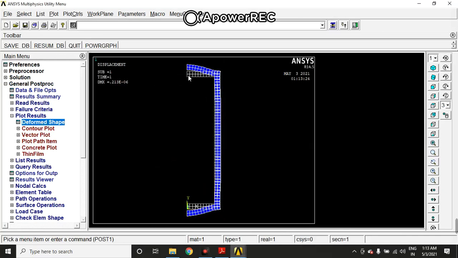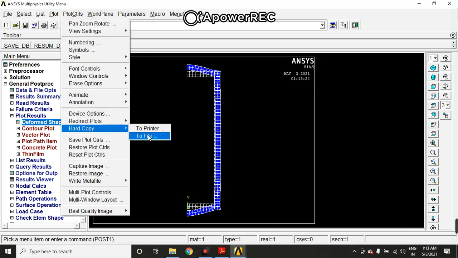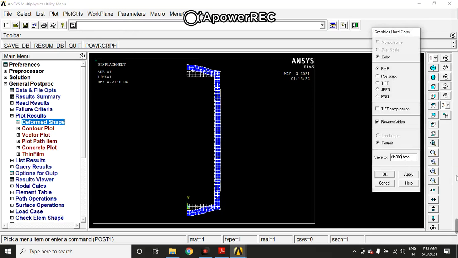So the wireframe is your original shape of the object, and the blue one indicates the deformed shape of the pressure vessel. To save this, we'll go to the plot control, hard copy to file, enter a file name as 004 and click on OK.